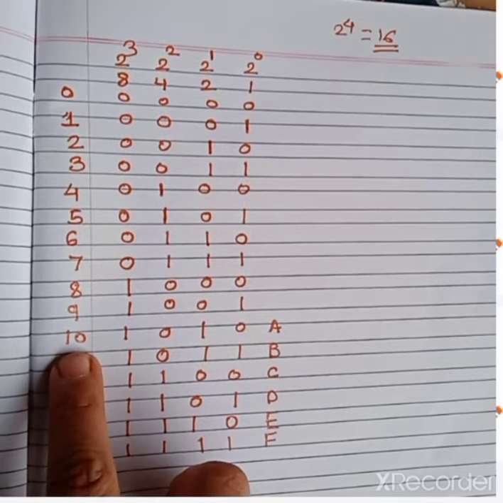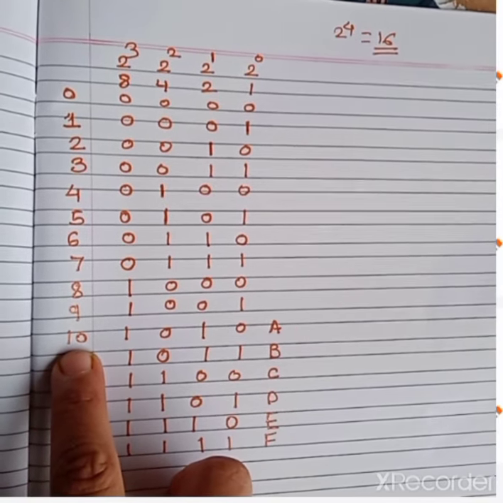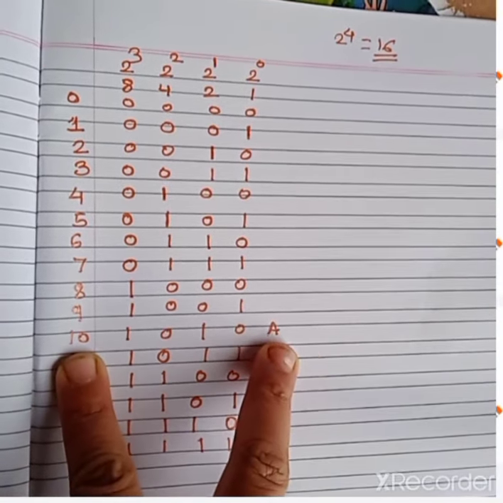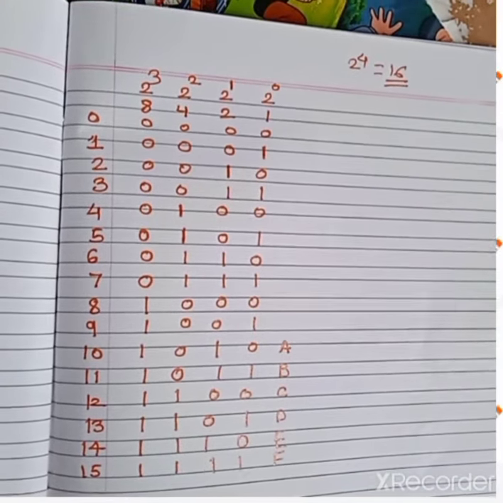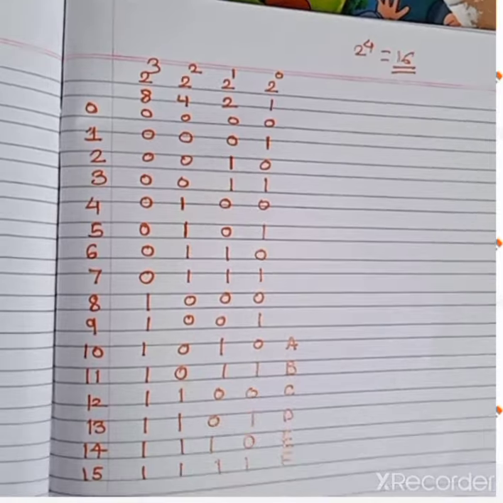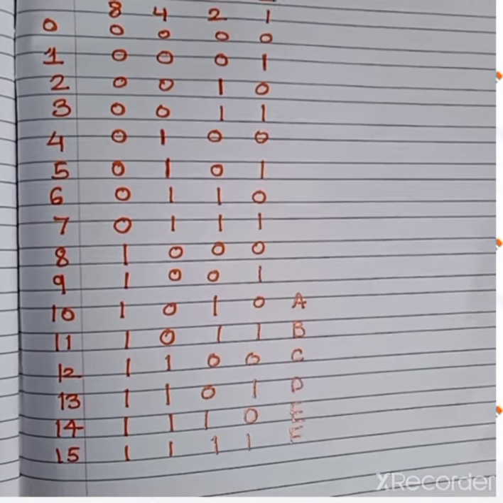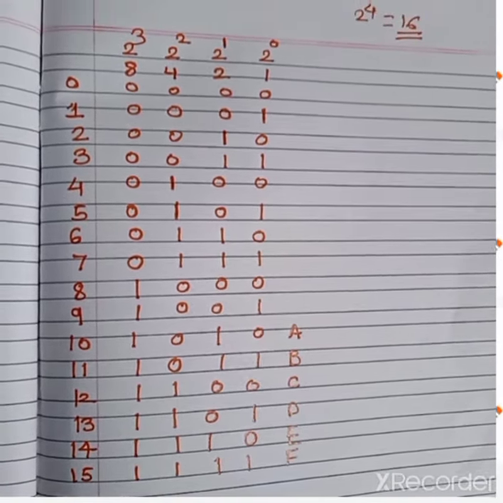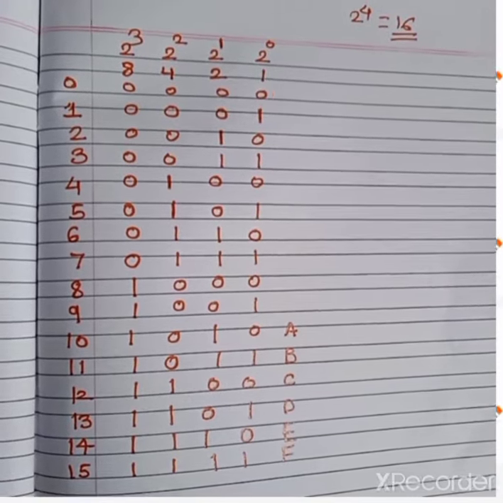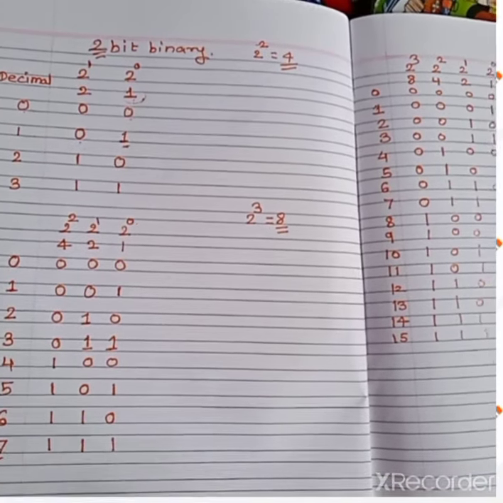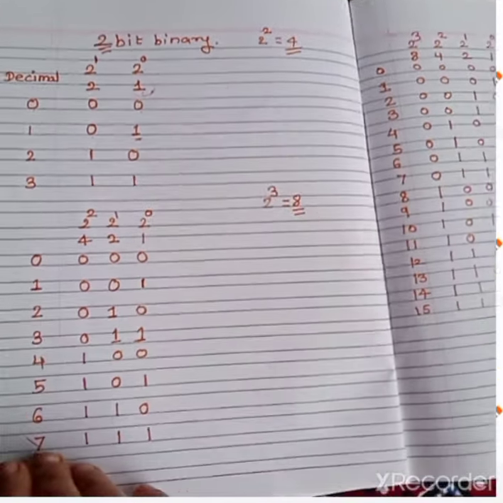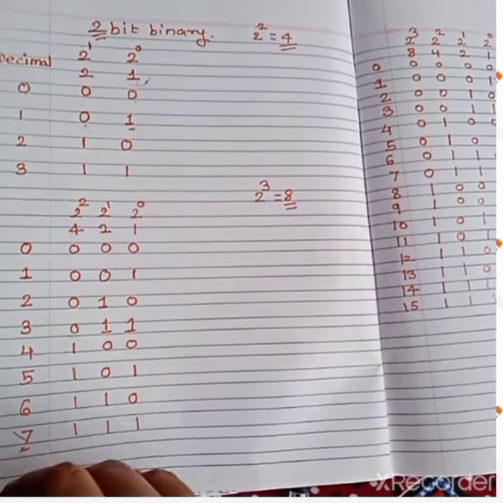Now in hexadecimal we have seen we have to represent 10 as an alphabet A, 11 as a B, 12 as a C, 13 as a D, 14 as an E and 15 as an F. So this will be useful while converting hexadecimal number into binary. So these 3 columns you have to write in your notebook. So while conversion you can easily refer to this table and do the conversion fast.